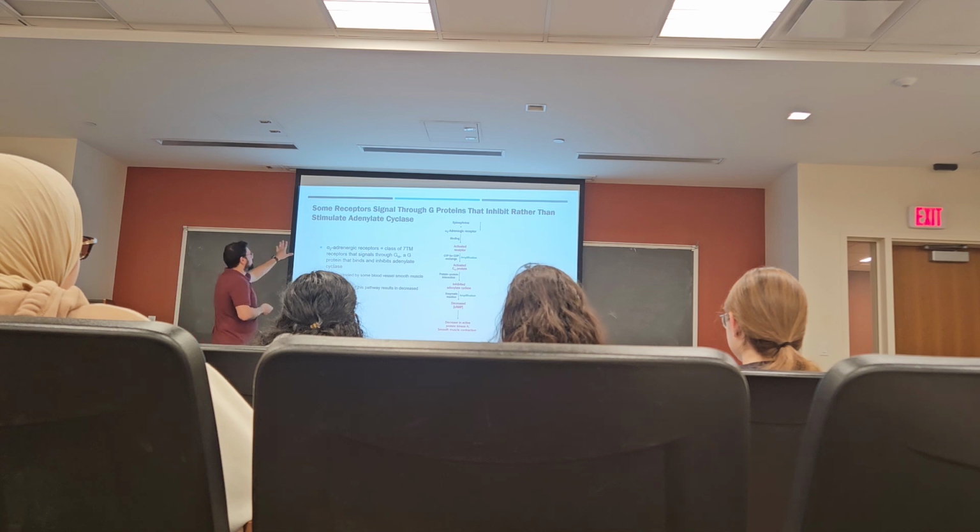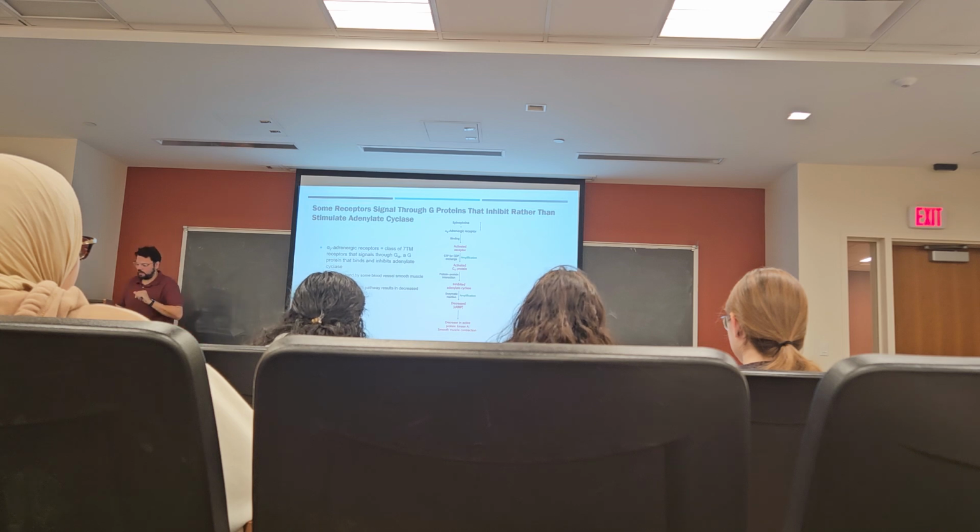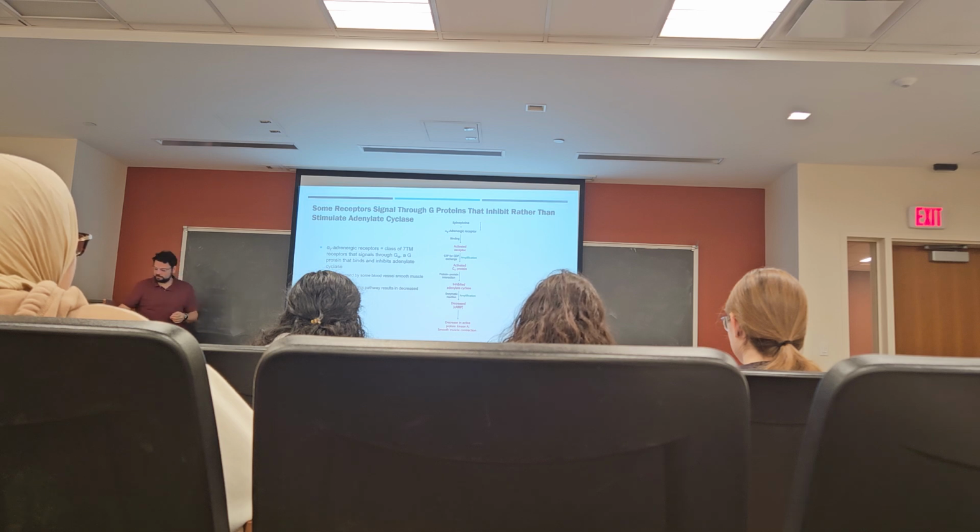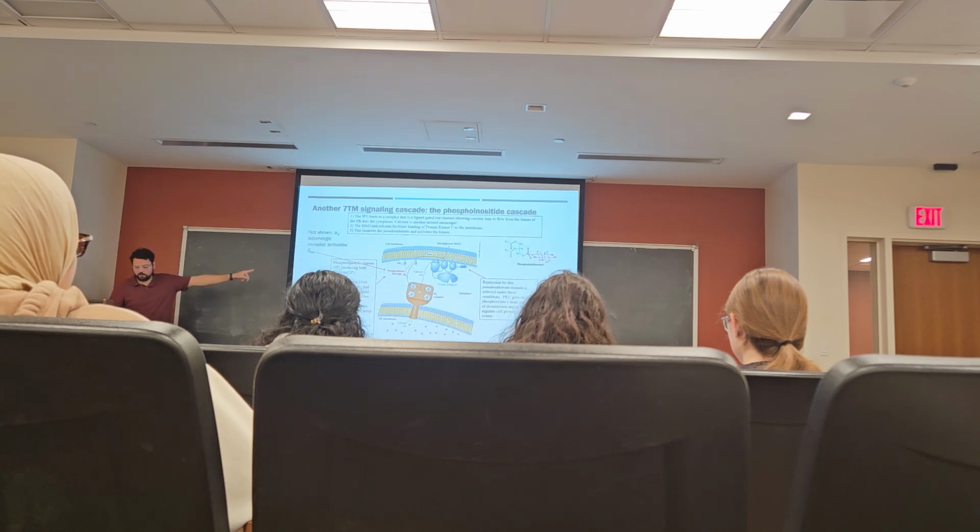All right, some receptors signal through G proteins that inhibit adenylate cyclase, right? So not only do we activate adenylate cyclase, but sometimes we inhibit adenylate cyclase. So in the case of the alpha-2 adrenergic receptor, which is not to be confused with the alpha-1 adrenergic receptor,